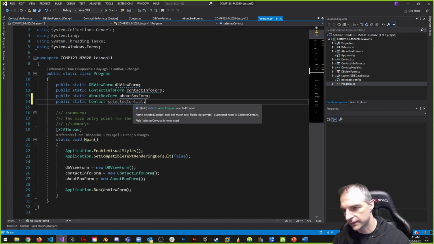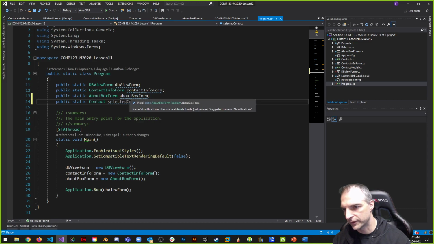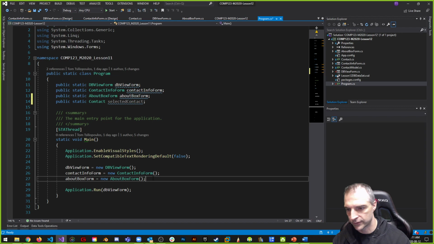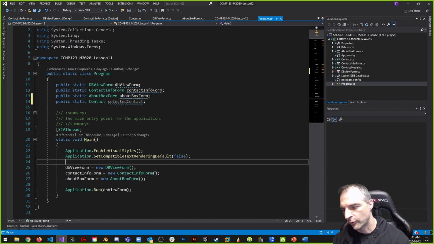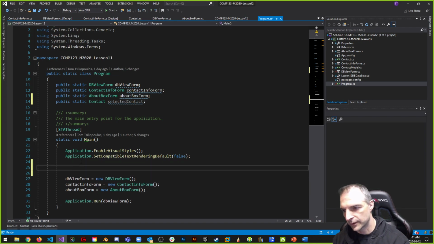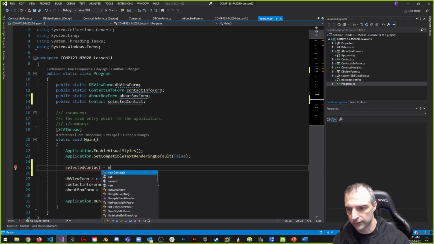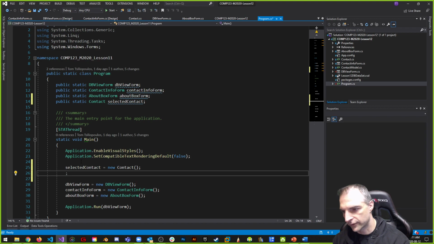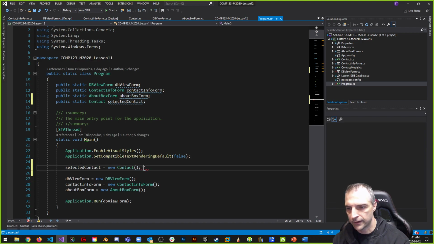And I can instantiate this contact as a new empty contact. So I would do that somewhere down here. So say something like, hey, before we go to our DB view, we want to say that our selected contact is equal to a new contact. So we're just configuring this so that you have some kind of empty container. That's all this is. Now that we have this vehicle, like a container,